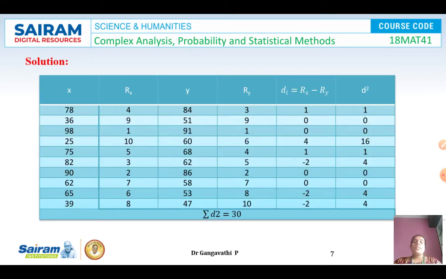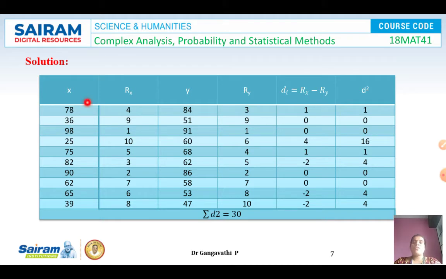Now the ranks have not been given by the problem itself. It is just the marks that have been given. So we have to assign the ranks based on the marks. Try to understand the difference between the earlier problem and this problem. In the earlier problem, judges had already given the ranks, therefore the X and Y were taken straight away. Whereas here, only the marks of the 10 students are tabulated. But we need to allot ranks to the 10 students based on their performance in subject X and subject Y. Performance here is the marks that they have obtained in both subjects.